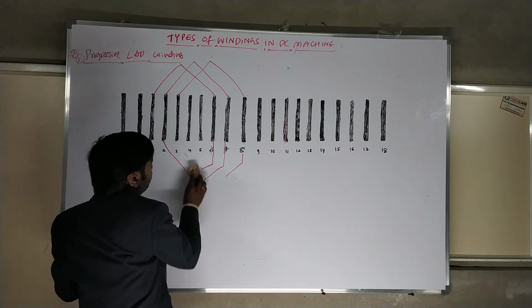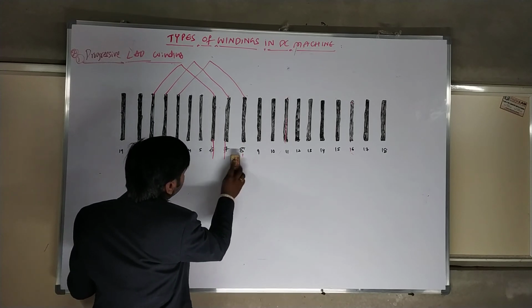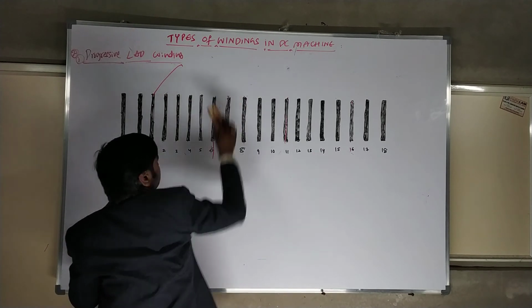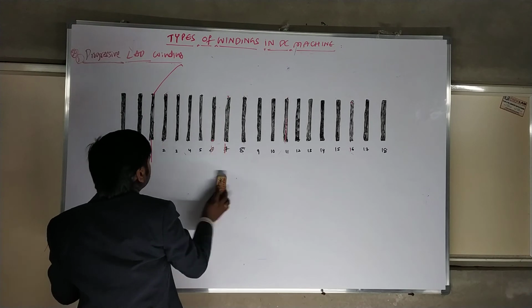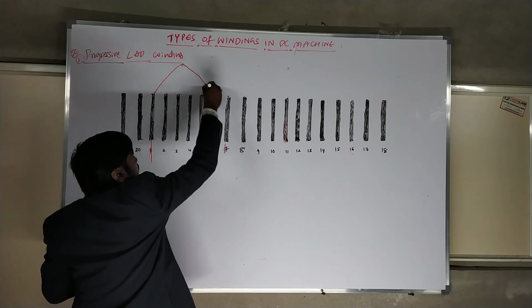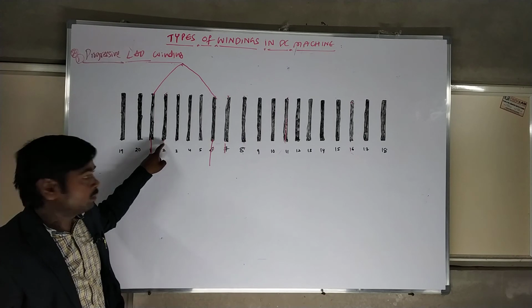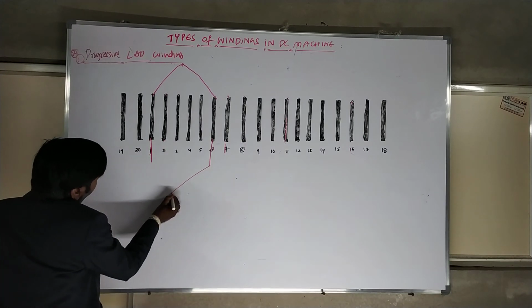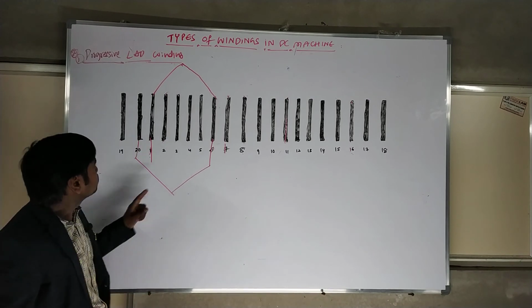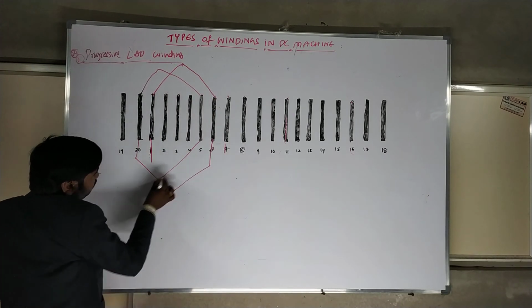Next, the other thing is retrogressive winding. In the retrogressive winding, a slight change will take place. I will show it so you understand very clearly. Please look at it very clearly. These are topics that are very interesting in interviews. After the sixth coil, what do you want to connect? Just now we connected to the second one. Now it is not the second one. Instead of going forward, it connects to the first coil of this one, backward. After this, it should connect over here, and come like this.